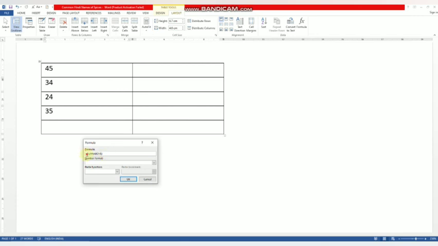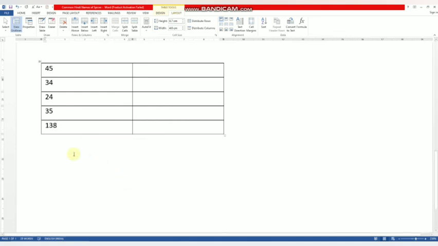First is equal to. Always, any formula you want to apply on the table will start with the equal to sign. Equal to SUM of means in brackets, ABOVE means we want the sum of the above numbers. So this is the formula, =SUM(ABOVE), and then click on the OK button. See here, 138 is the total of the above numbers. So like this you can calculate the sum in the table. The result of the formula will immediately appear in the cell of the table.